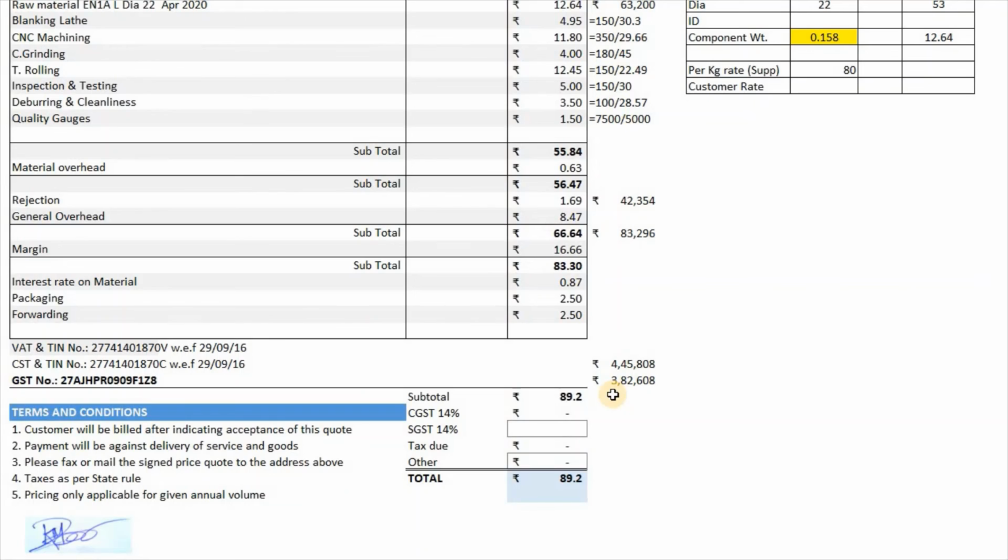And once you put the terms and conditions with the customer, you can put in your clauses, whatever you want. In this case we have put some 5 basic clauses here, and then you can put either your signature or your stamp, and then you can generate the printout directly. It will opt for A4 size paper straight away, and then you can convert it into PDF and send it to your customer. So this is the way we are preparing our quotation and the raw material calculation and everything.